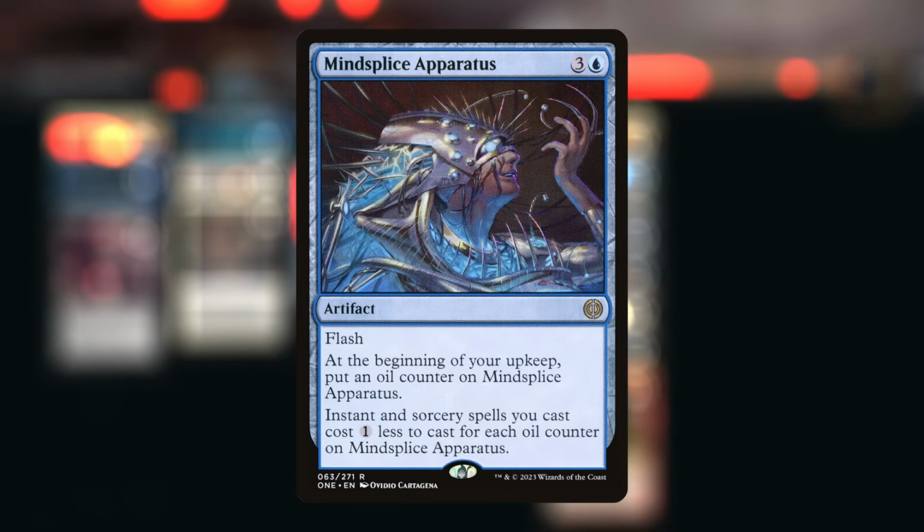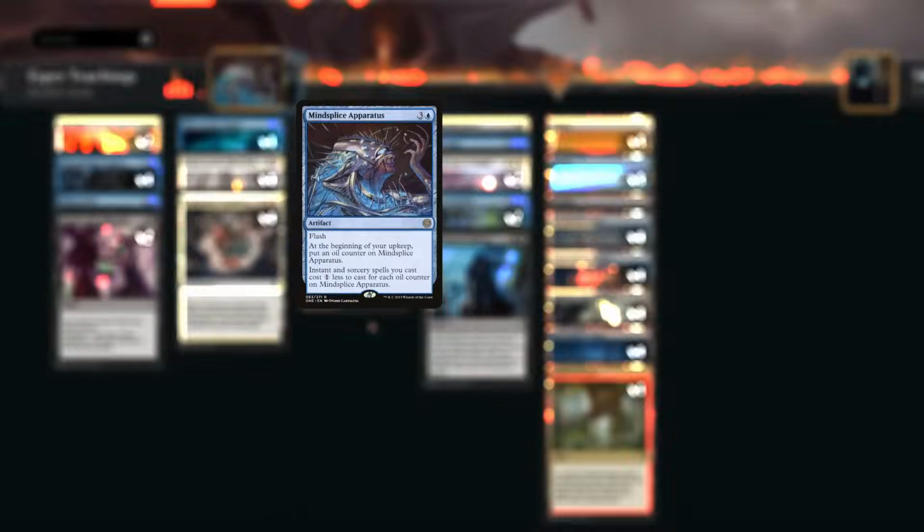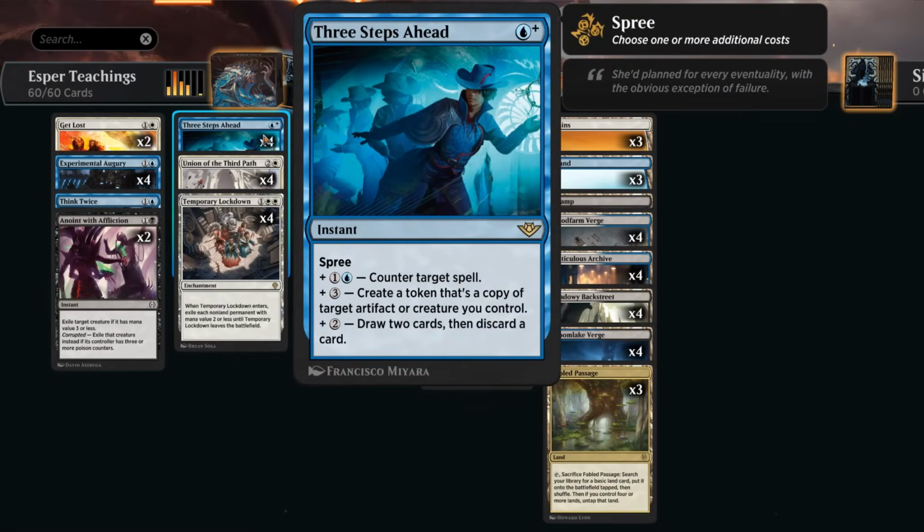So this plays exceptionally well with the spree cards from Outlaws of Thunder Junction, especially Three Steps Ahead, which is often used as a 3-mana counterspell, but we can also pay additional mana to choose multiple modes, including paying 3 additional mana to create a token that's a copy of target artifact or creature we control, perfect for copying the Mindsplice Apparatus,